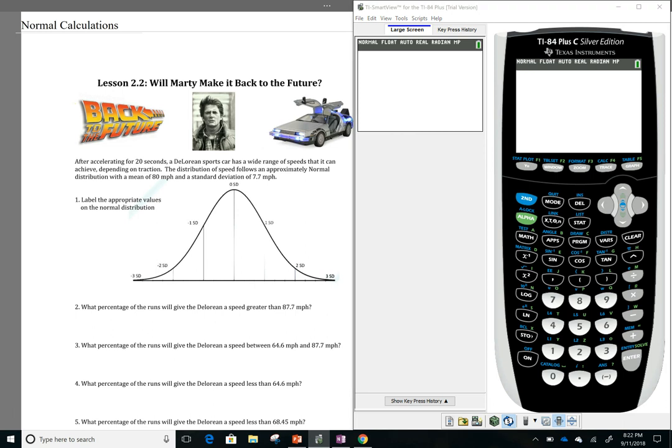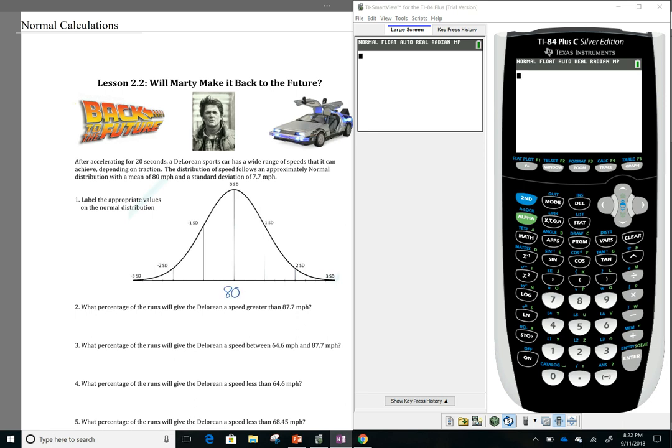Okay, today I'm going to discuss how to perform normal calculations using the 2.2 activity that we did about Marty and Back to the Future. So in the beginning, we are given that a DeLorean has a mean of 80 miles per hour and a standard deviation of 7.7. So if I was to fill in my normal distribution chart, my mean of 80 goes